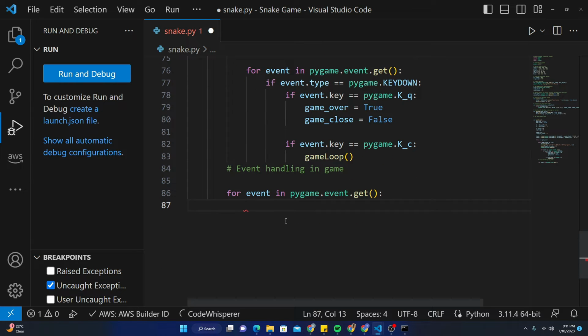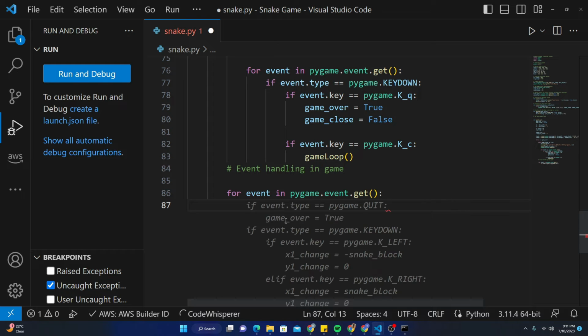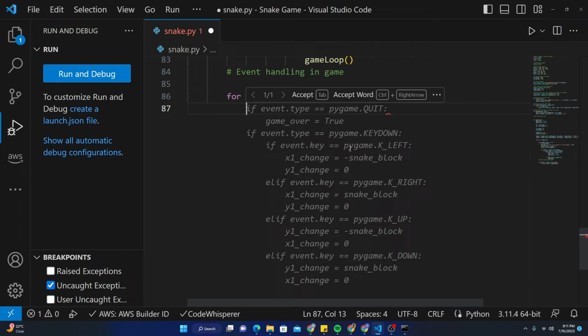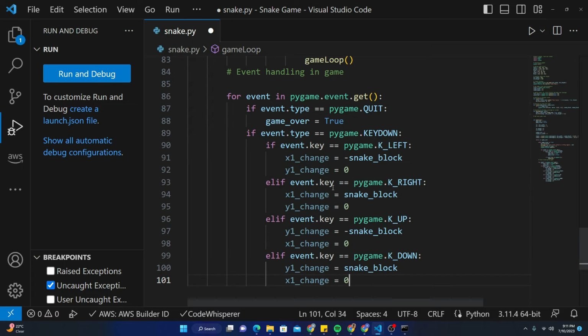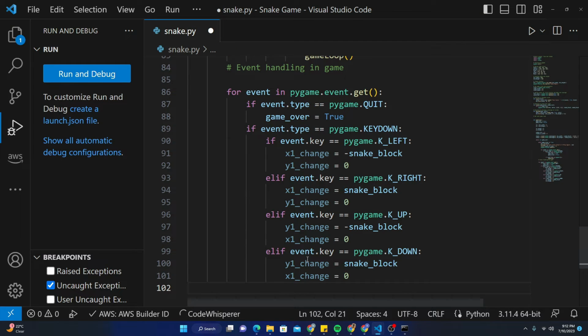I'll just see whether, yeah, you see it's doing for key down and right, up and down. You see, that's the logic, main logic. So yeah, that's good. So now what I will do here is I need to actually check whether the snake